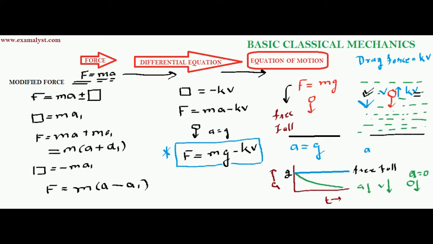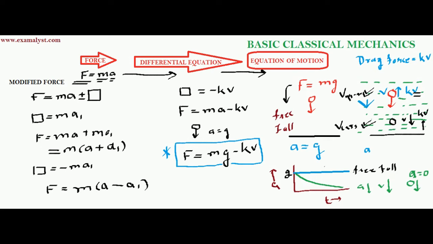Now because of drag force, the velocity goes on decreasing, and when the ball, say, reaches here, the velocity is very less. So when the velocity is very less, the upward drag force is also very less. Remember, drag force always acts upward. So at this point where I'm giving the tick, the drag force is very less because the velocity here is less. And here the drag force is more because the velocity at the starting point was actually more. Agreed?